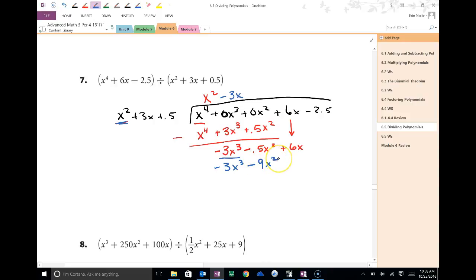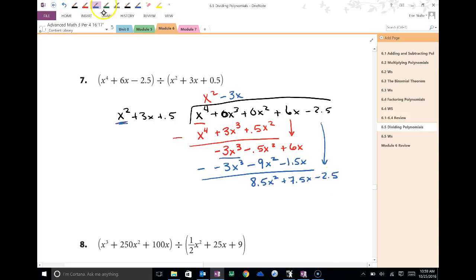9x squared. And negative 3x times 0.5, negative 1.5x. Good. Okay, then I subtract, and my x cubes go away. So now I'm subtracting negative 0.5 minus negative 9. Good. 8.5x squared. And then how many x's? 6 minus negative 1.5, 7.5x. And I'm going to drop my last